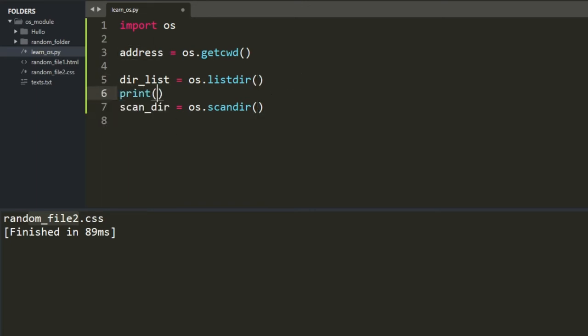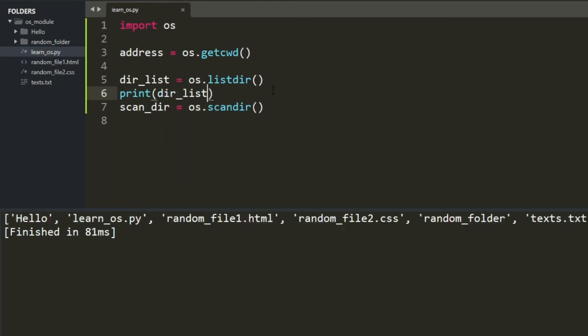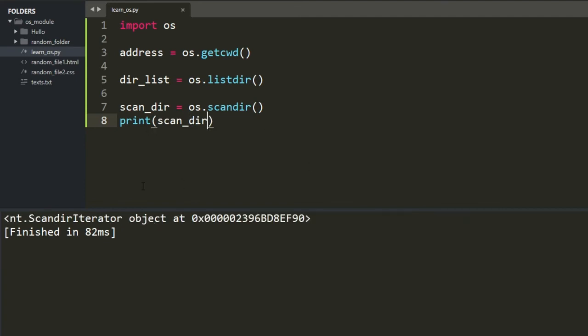I actually didn't try this, so let's do it. See, so you don't have to put anything in there, but I wanted to illustrate it. Like, this is inherently the current path, okay? And what does scandir do? Well, let's print it. You get a scandir iterator object. So what is that? It's a list of